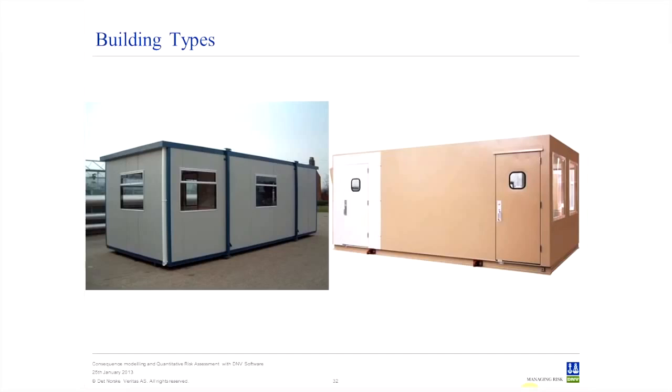It's a thick steel plate, it's got thick glass windows, and it's tested and certified against certain blast overpressures and impulses. And if those people are on your site in that building, if you're, for example, in the US and you're following the API recommended practices 752 and 753, you have to perform occupied building analysis. And depending on which of these buildings you choose to use, the occupants of the building will have different levels